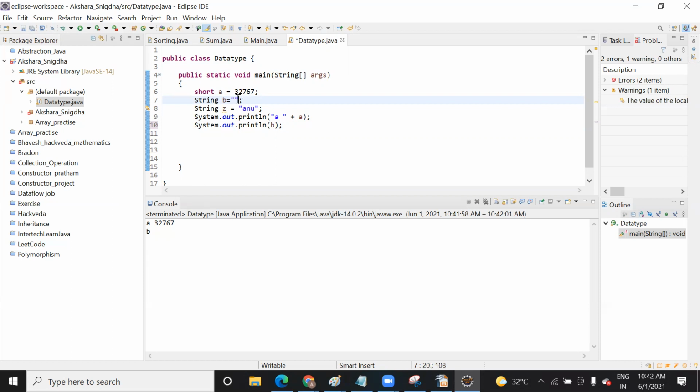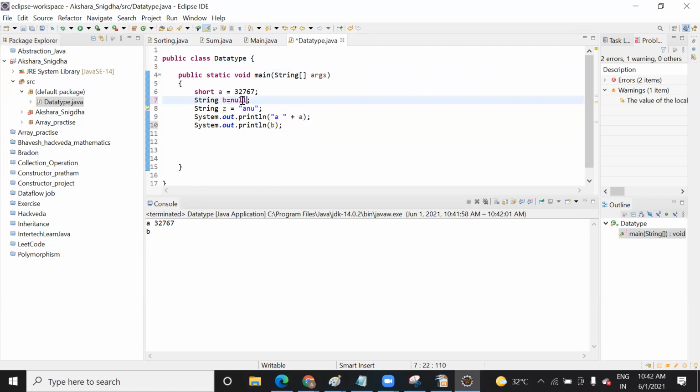When I initialize with zero, in order to initialize zero, I need to write it like this, because you can't initialize zero to a string variable. It will give an error. I thought it would print null or something, but we do not have an initialized value, so it is not printing null.